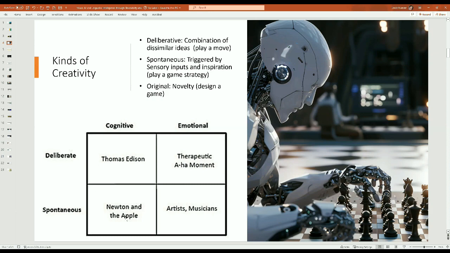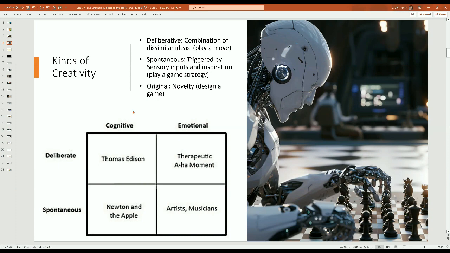So this is, the apple falls on Newton's head, and through that action, through that sensory input, the metaphor goes that he discovers gravity. In this case, it's triggered by some sensory input or inspiration. In our case, it could be triggered by a prompt saying, ask for a red frog on a green lily pad. And you can imagine this is more like creativity in terms of, I've devised a whole new strategy to play chess. I'm not just playing a single move. I'm going to give up all my pieces to clear space, and then I'm going to sweep in with that mobility at the end and win. So that would be a novel game strategy to go deep in the hole in chess and then come out victorious. And that would be a kind of spontaneous creativity.